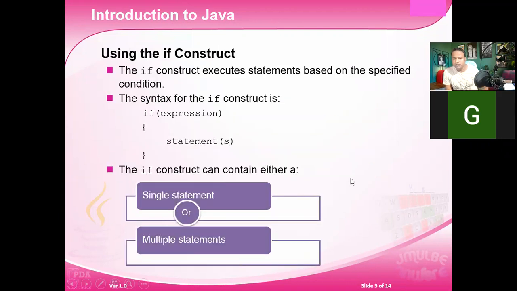The if construct executes the statement based upon the specified condition. First we have to give a condition, then write a statement.